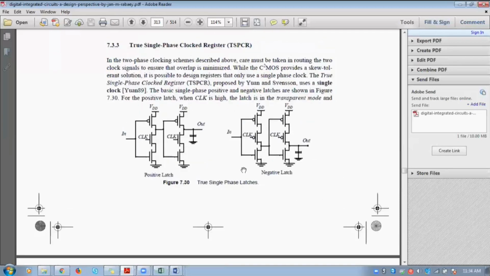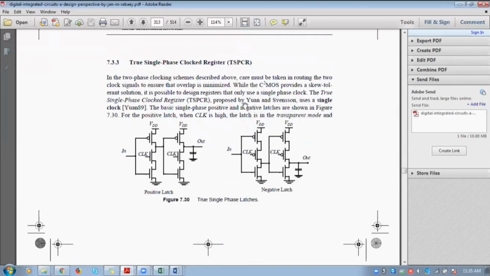So this is the case of true single phase clocked latches. Clocked means we are connecting clock in between the normal inverter. That's why the name clocked register. Through single phase, the name came. We are going to use only the single phase of the clock. We are going to provide only clock. No clock bar is given here. Since no clock bar is used, we don't have any issue of overlapping clock skew and race condition. Nothing of that is available in this particular TSPC logic.